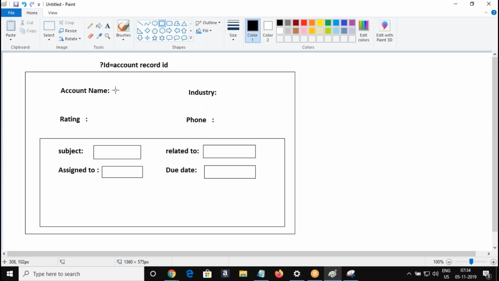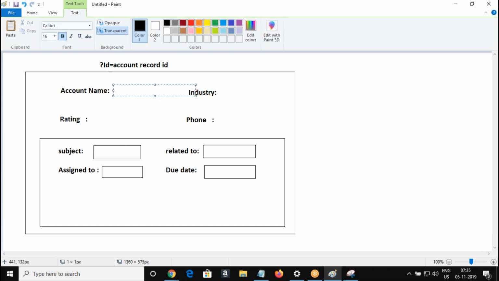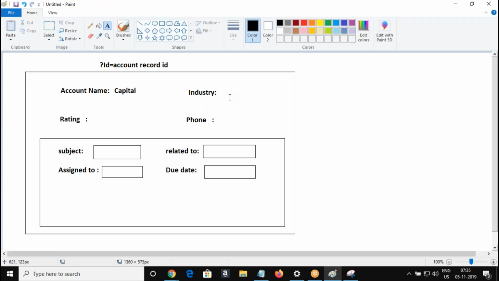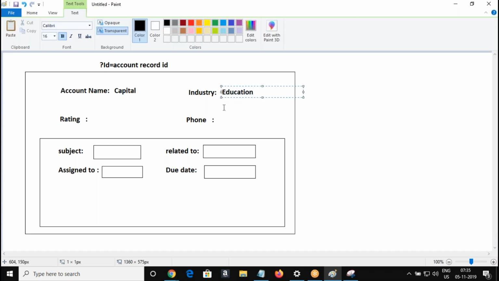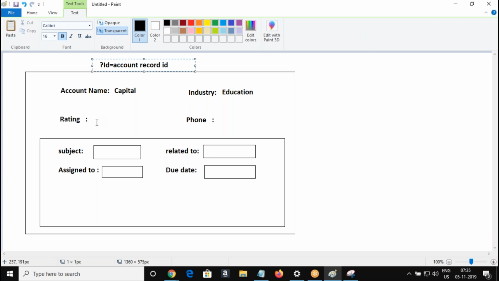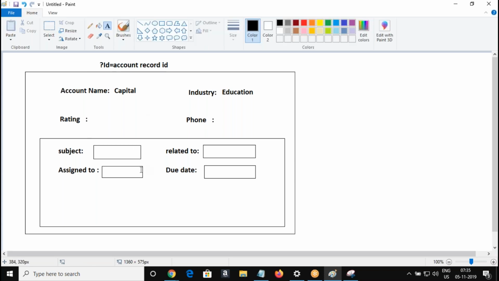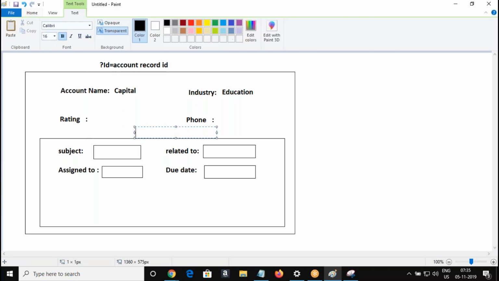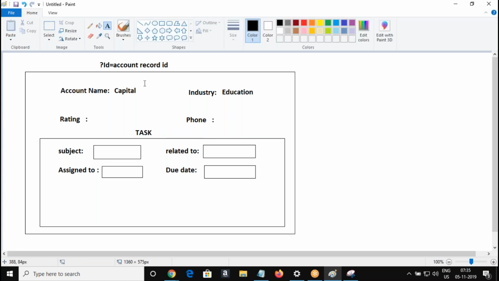Okay, so I need to display a standard controller page with the value of the account record for the ID we are passing in the URL, and in the same page I need to get the input for the task, the task details for the account record.